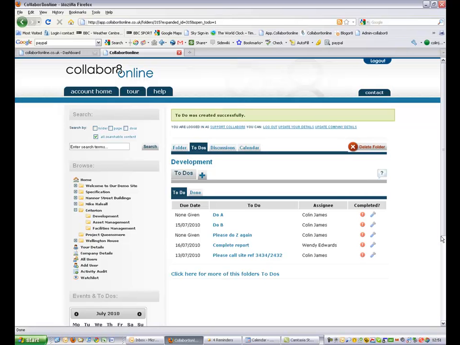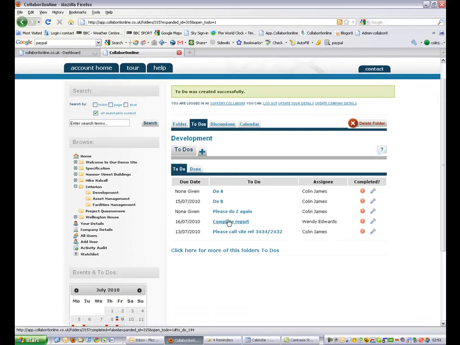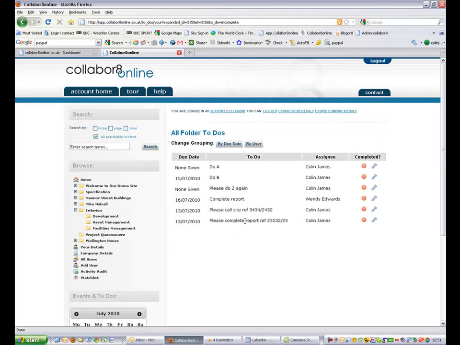Now as the list has grown, we show the top 5. Clicking here will show the remaining options. There's please complete report. So looking at this folder, there are several tasks that have been assigned. Some have been assigned to Colin, some to Wendy, and those tasks will sit there until somebody comes along and